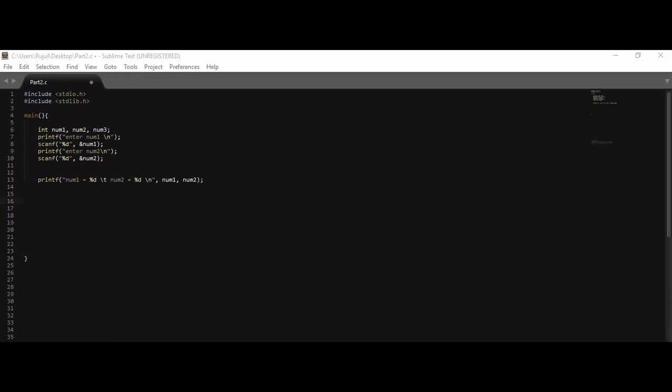Hi guys, in this tutorial I am going to teach you about if-else statements. The structure of if-else goes like this. You type in if, then you type in brackets, and then you type your braces. In the brackets, you write the condition that you want to check for. So basically, if you want a program that checks for whichever number is higher, then you type in if num1 is greater than num2, then print